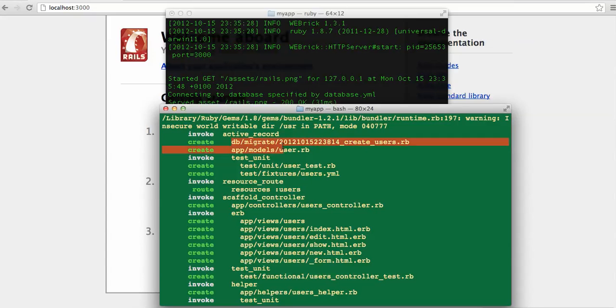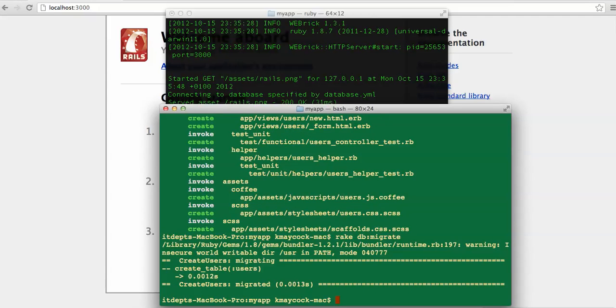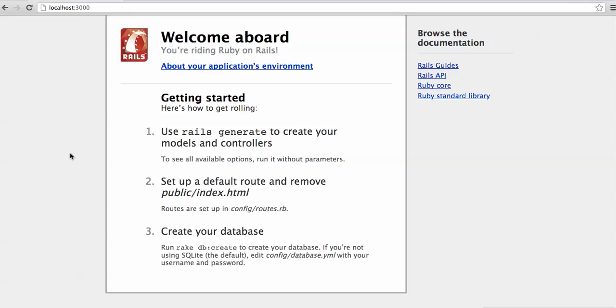Okay, and what we have to do is use the keyword rake, which is shorthand for Ruby make. We use rake db:migrate. And when we use rake db:migrate, this updates our tables associated with the new migration files that have been generated for the new model through the scaffold. Okay, so now we've updated our database, so let's go check it out. If we go back to here and we simply reload the page,